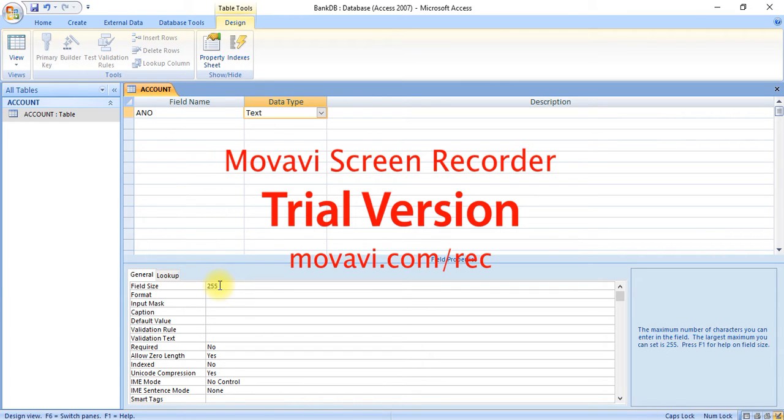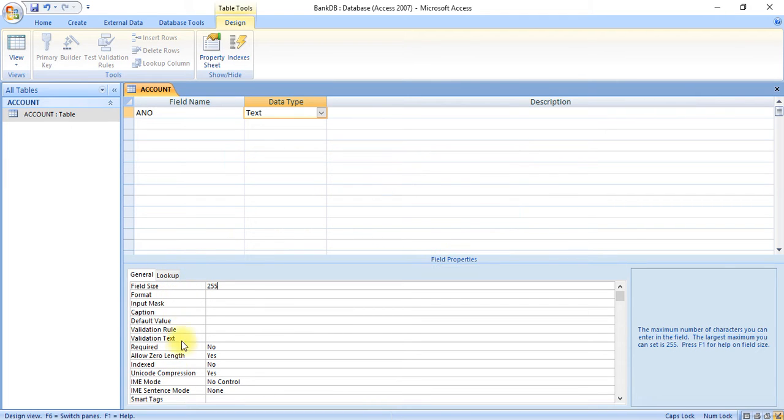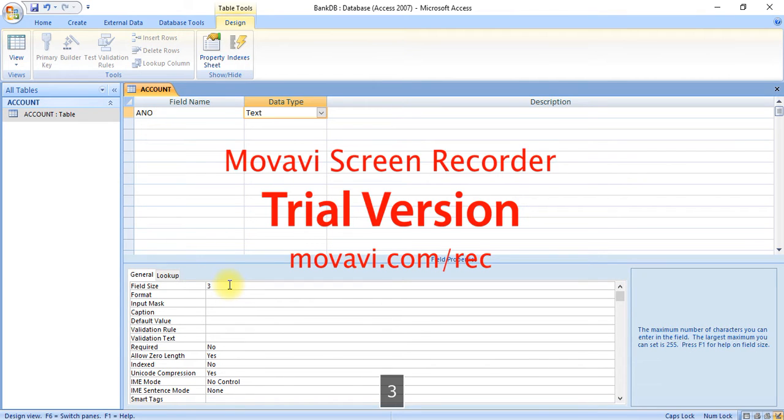We can change different field properties using these properties. Now we want to change the text size. We select a size of 3 for this account number, so we can change the field size to 3.